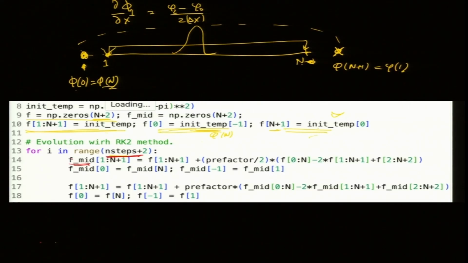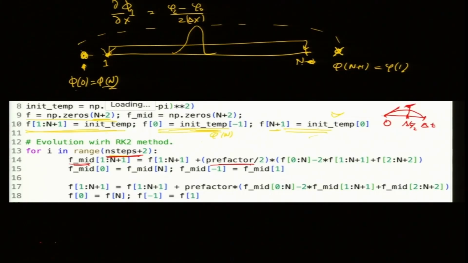I go to f mid. So RK2, if you recall, I want to go from here to here. So this is t equal to 0 to t equal to delta t. I compute the slope here and go to the midpoint, delta t by 2. I need to project to delta t by 2, then compute the slope again at delta t by 2, and using that slope I jump from 0 to delta t, that is RK2. So first go to the midpoint by the Euler method, then use the central point to go from 0 to delta t. Okay. So this is a step.